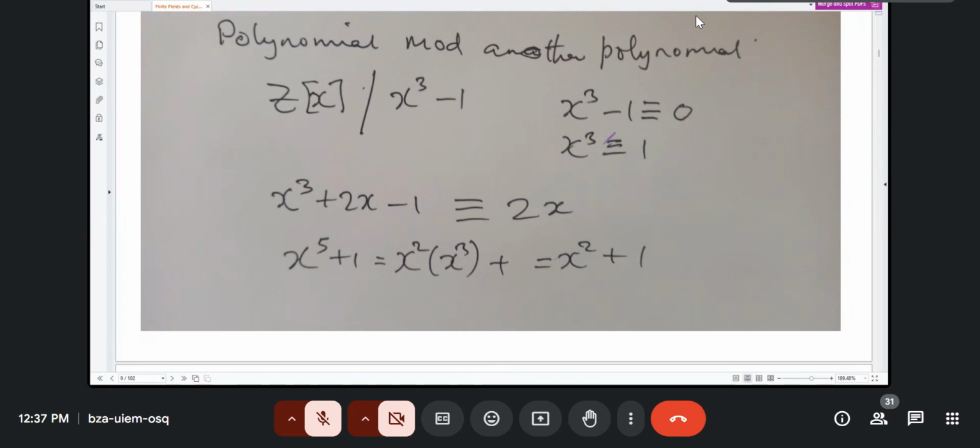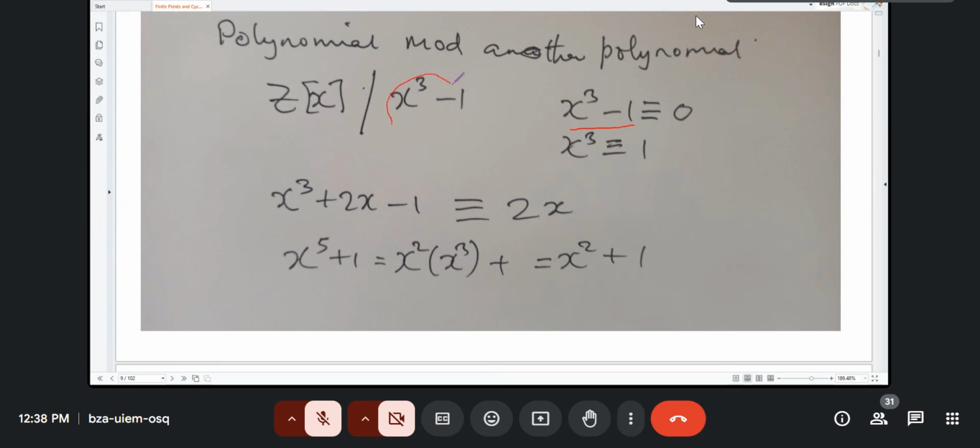But I thought of starting with where we are dealing with just integers to understand the concept. But later, when you are generating codes, you'll be dealing with actually these polynomials mod other polynomials. So in this case, whenever you see this mod, and therefore x to the power of 3 is equivalent to 1. So whenever you get x to the power of 3 is equal to 1, what it actually means is